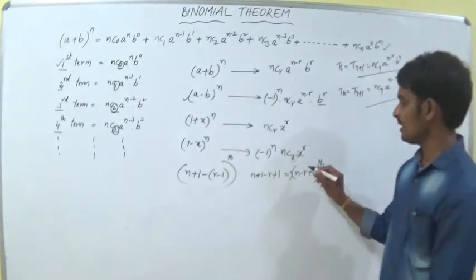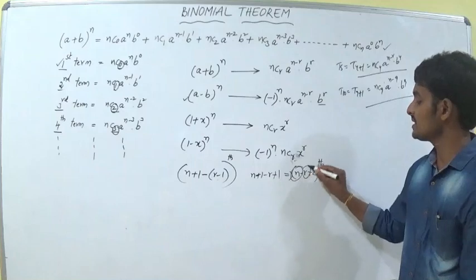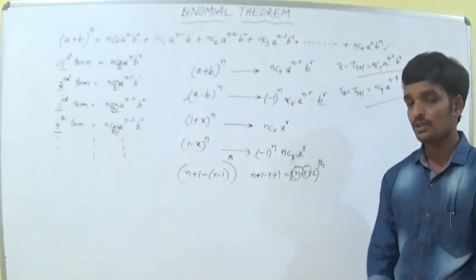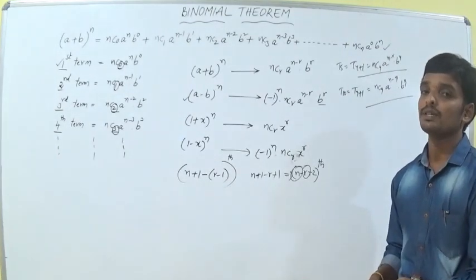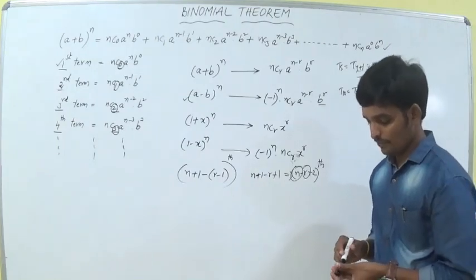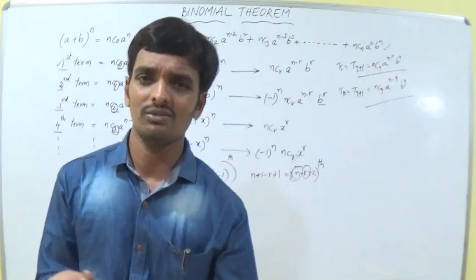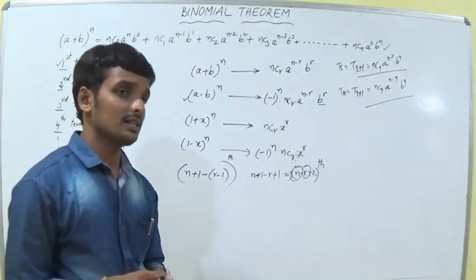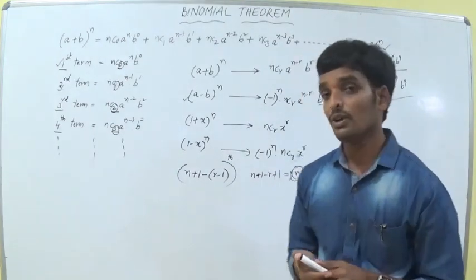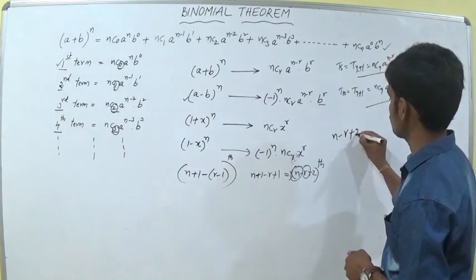n means the number of terms, minus r means the required term, whatever the term you want from the back, for the 5th term, r is equal to 5. That means we are taking r is equal to 4 actually. So plus 2. That is from the beginning we are finding directly T5, T6, T7, whatever they are asking you. For example, if you are asked from the end the fourth term, from the end the fifth term, you can use the formula (n minus r plus 2)th term.